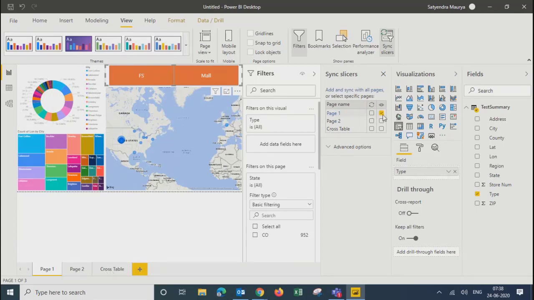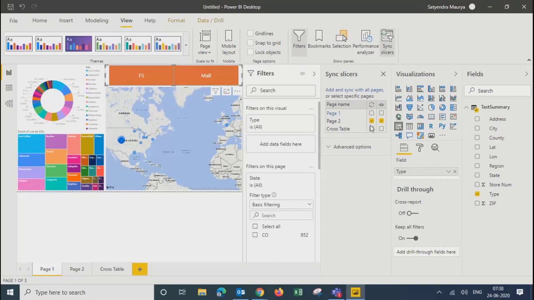Right now, because I created the slicer on page 1, it is already ticked. I would like it to appear on page 2 as well and be applicable over there. Let's say I can uncheck it from page number 1. It will go away as soon as I implement this. So that is also possible. Where we created it, we can hide it from the same page.